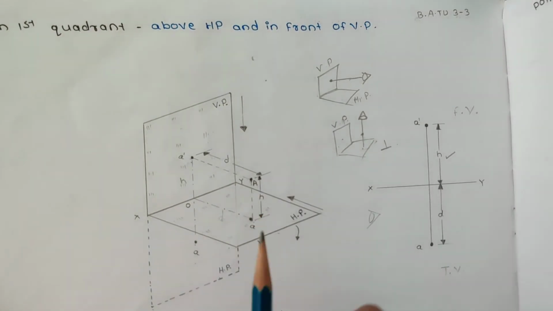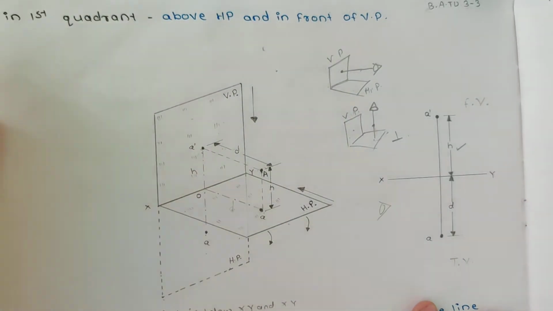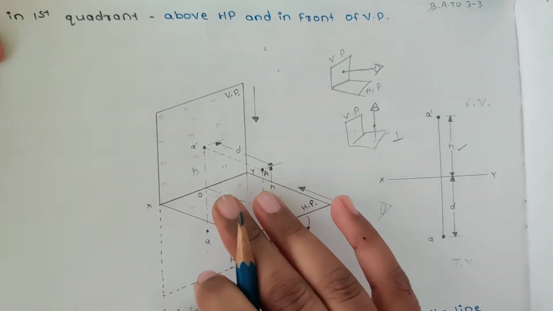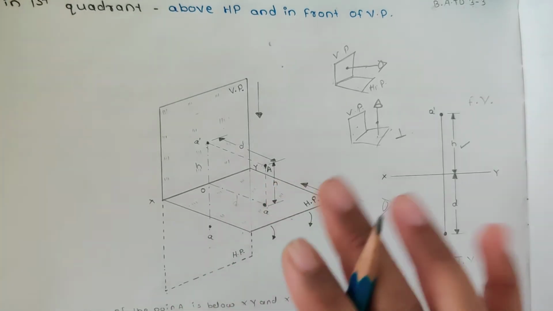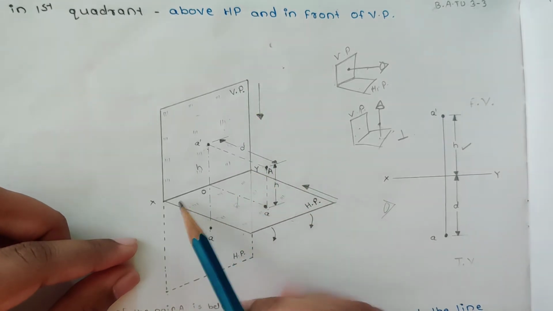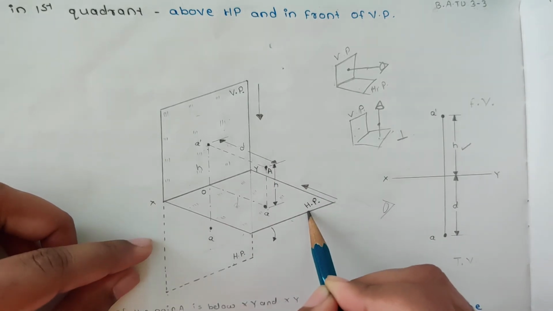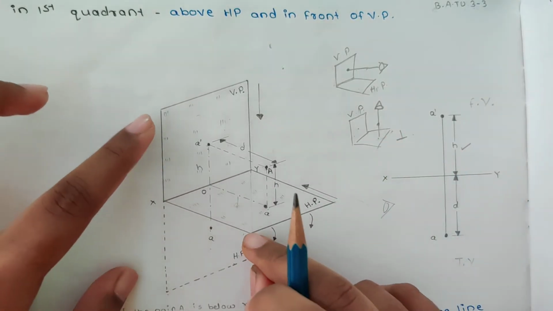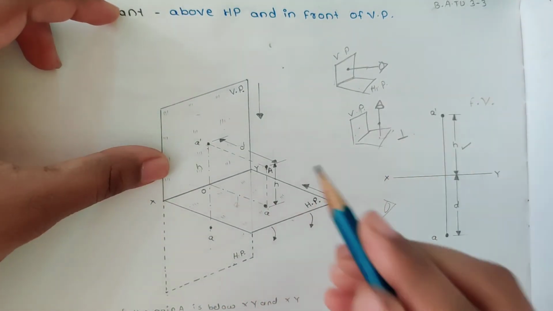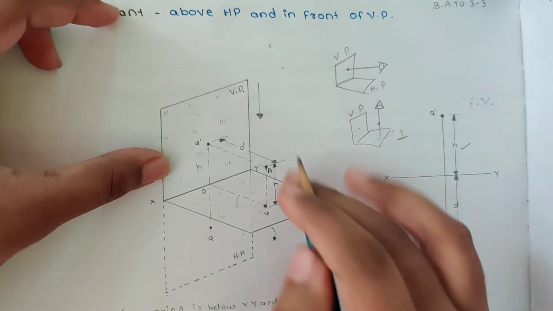This is first quadrant. I have just eliminated all the quadrants, only the first quadrant is here. So now in today's video we are going to see the first quadrant, the point which is located in the first quadrant. This is VP, this is HP, that is, vertical plane and horizontal plane. So we will concentrate on this only. First, this is the point which is located at this position, that is point capital A.